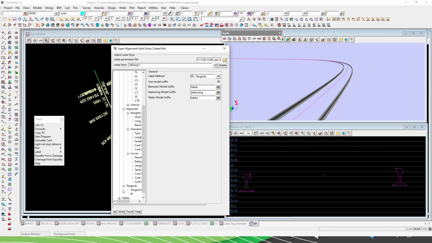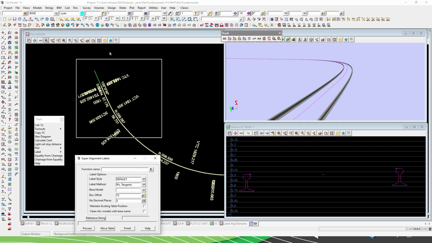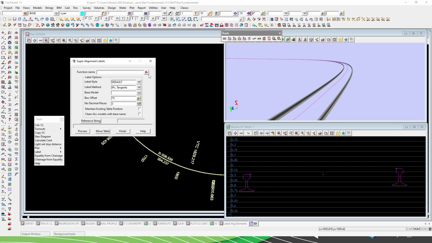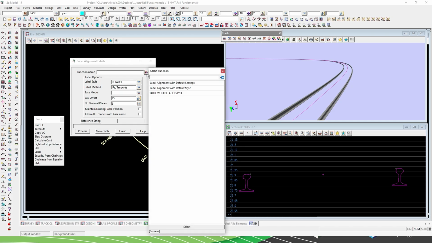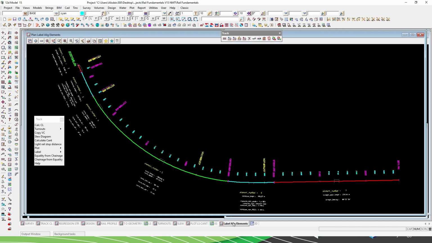So I've just written this lot out as a default. I haven't done anything fancy with it at all. I've purely used a default. Then over here I can go and label the alignments. So that panel just comes up and looks like that. And we can go and give it a function name. And again, I've already done a label with default style, etc. So I won't bother going through that, but I will bring you into here and show you this is what